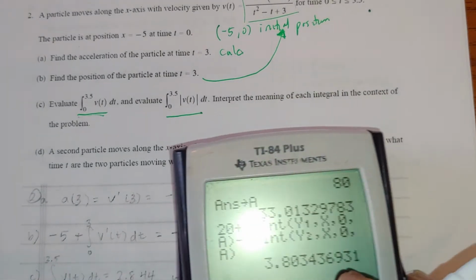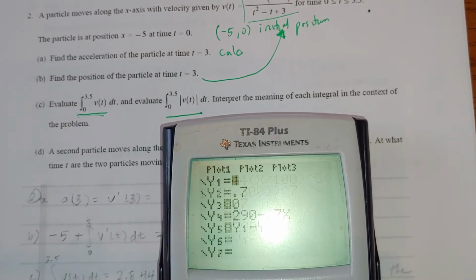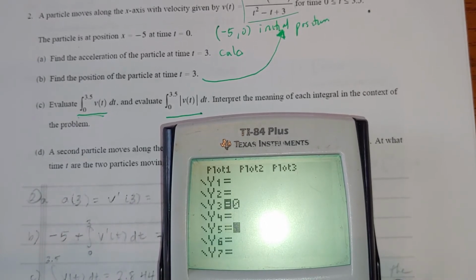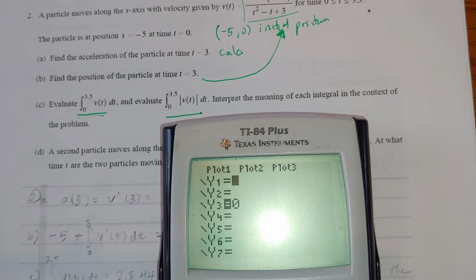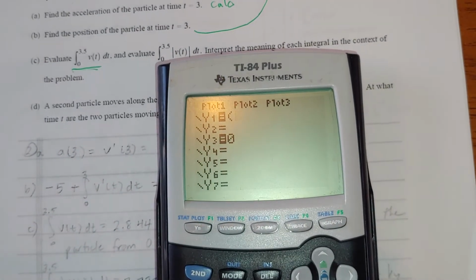So let me go into my calculator and get rid of all of the functions that I had there before. I'm going to keep the y equal to 0 in there. And in this case, y1, so be really careful. We're going to need to put parentheses around the numerator and parentheses around the denominator. So I have parentheses, make sure this is in the window, 10,